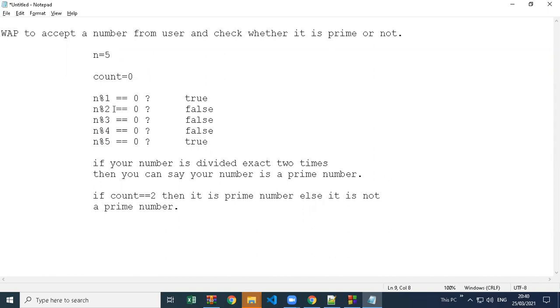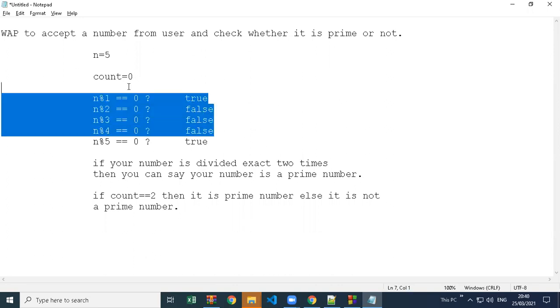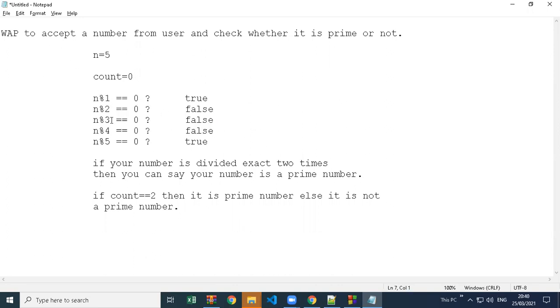Inside the for loop, write an if, like we have written for finding an even number, and divide from 1 to itself and check how many times it divides. If it is 2 times, you can print that it is prime. So you have to think. I have written the complete logic here. Now how to implement it: just a for loop, and inside the for loop an if is required, one count variable is required, and then an if else is required at last to print the result.